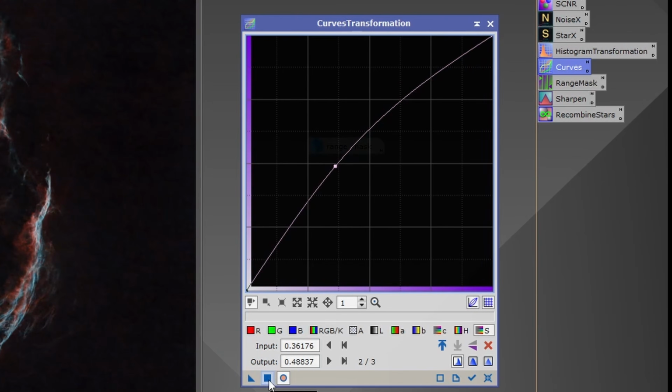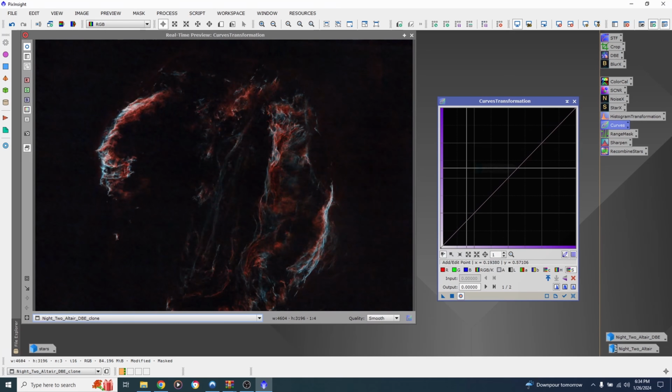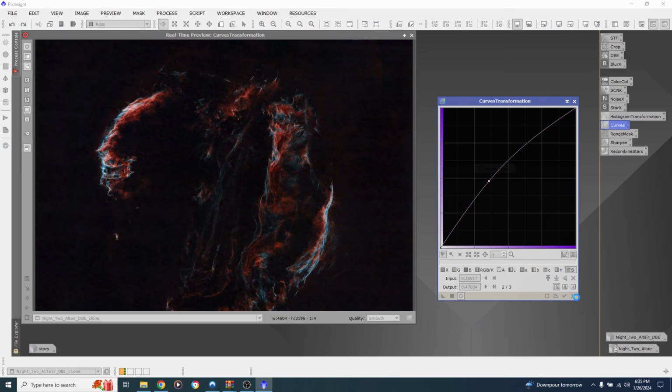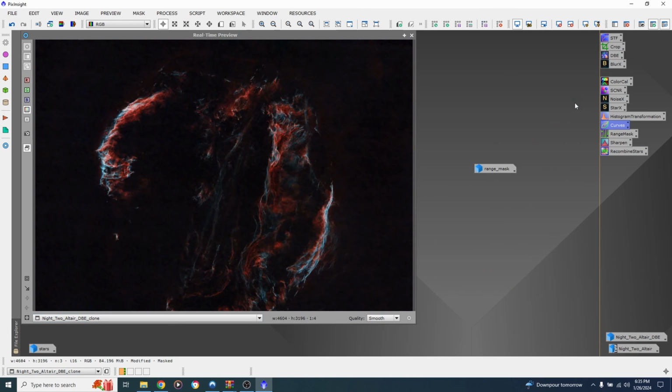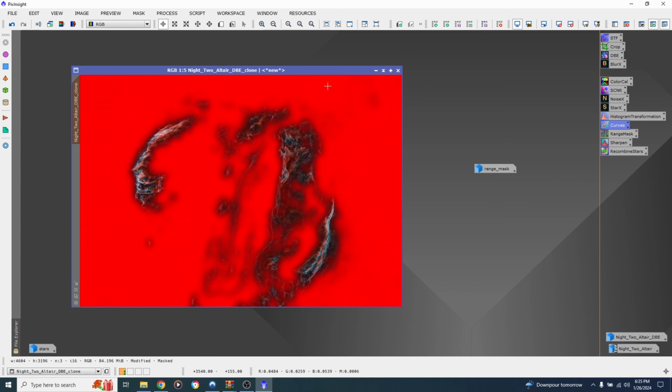I'm gonna hit Apply. And the second I hit Apply, it kind of double stretches it. So let's hit Reset. There we go. And I might just do that one more time. Hit Apply and Reset. And honestly, that looks really good to me. I don't think I'm gonna do much else to it. I'm gonna close out of Curves Transformation, close out of the real-time preview, and I think the final thing I might do is just a touch of